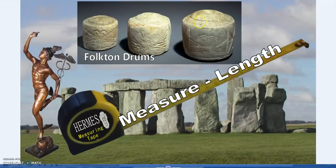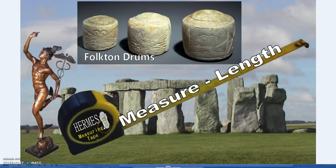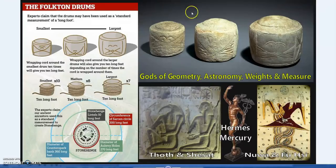This will be with a focus on what's called the Folkestone drums, which have geometric patterns in there as well, but have a prototype bar or a way of standardizing measures, ancient measures. So this is the Folkestone drums. Hermeticism, weights and knowledge, an ancient system connected with the quadrivium: geometry, astronomy, arithmetic, and music as well. So the Folkestone drums, there we have them there, gods of geometry, astronomy, weights and measures, Thoth, Sheshet, Hermes, Mercury,